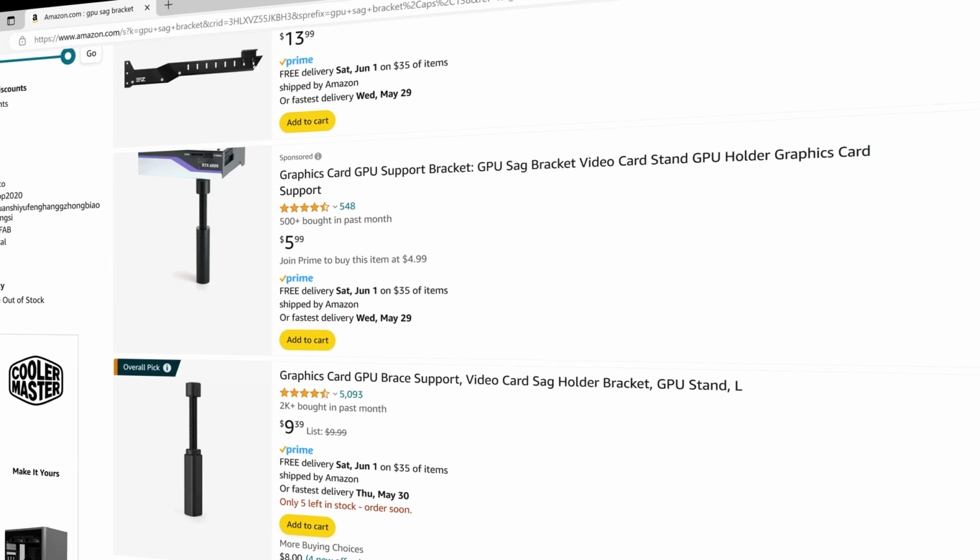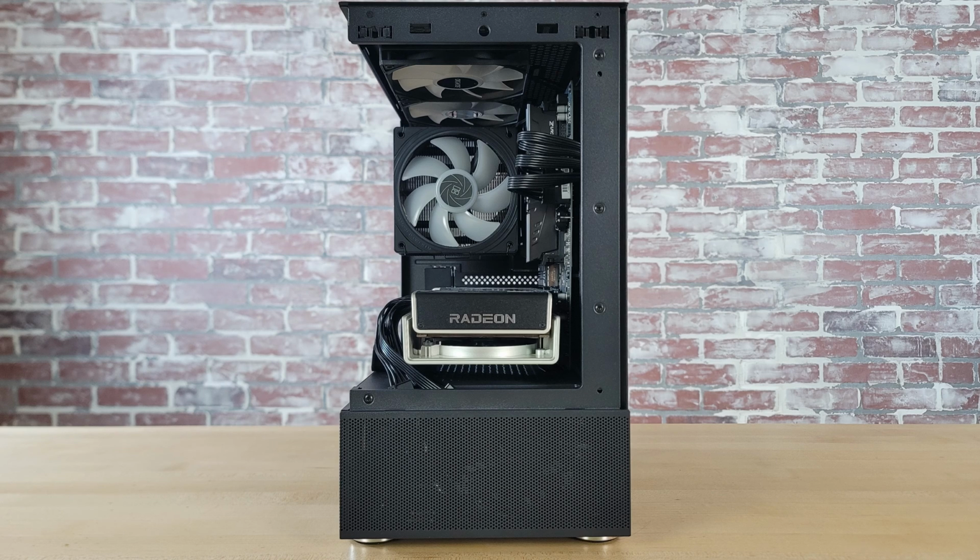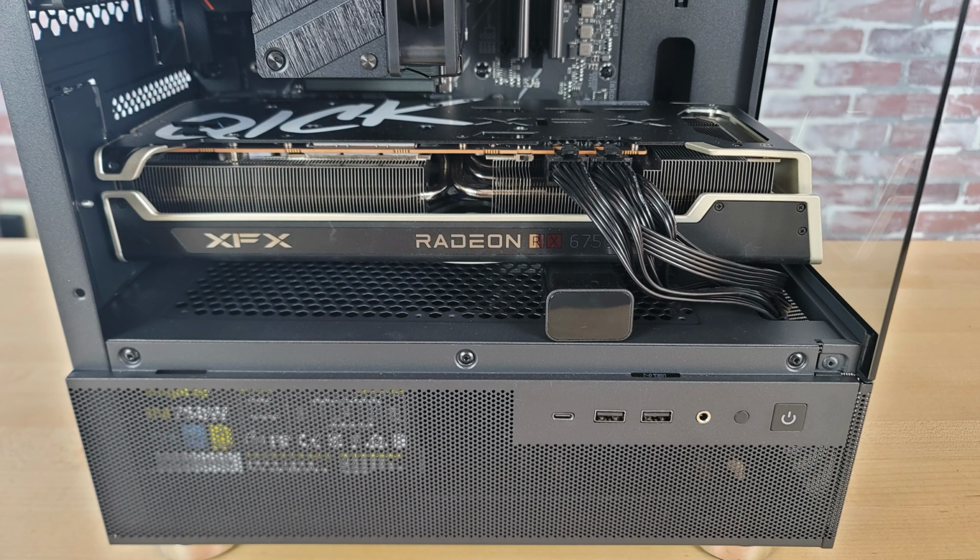doesn't sag over time. The problem with this particular build though is that this graphics card is installed so close to the bottom of the case here that there aren't really any GPU sag brackets out there that will fit underneath it. So you'll have to get creative and find something that will work to prop it up. I'm temporarily using a power brick from my phone charger to hold it up, and that seems to be working